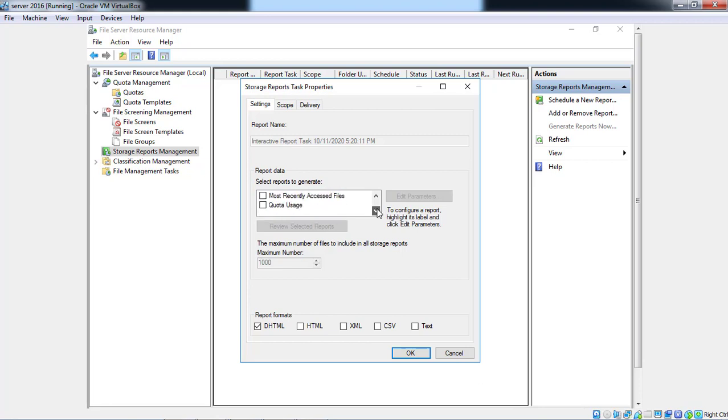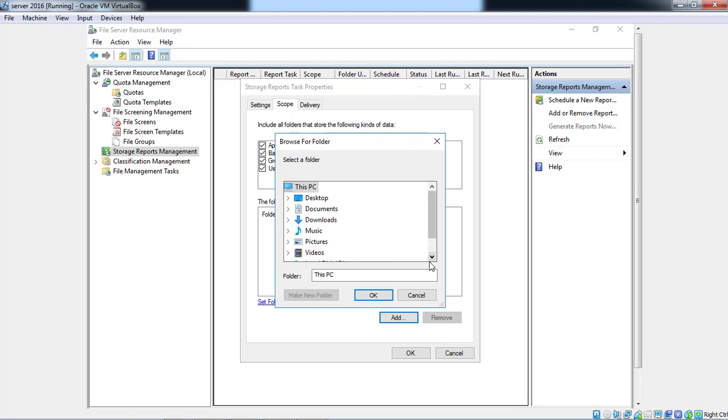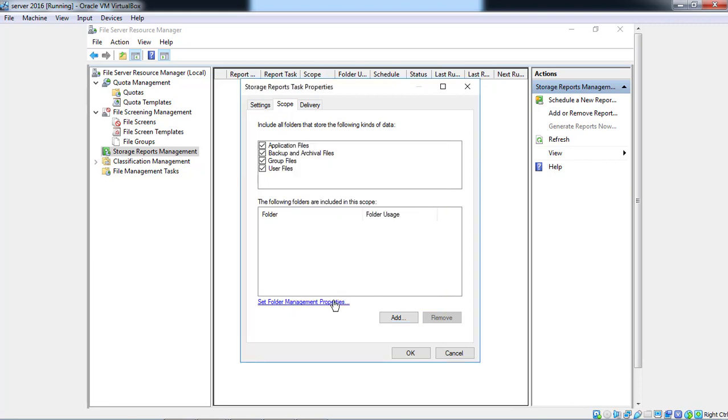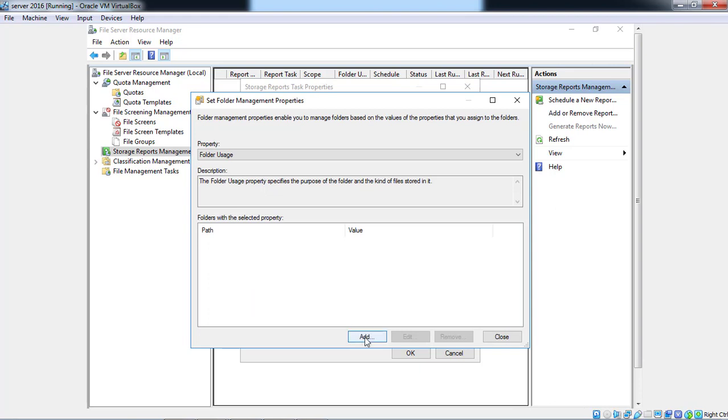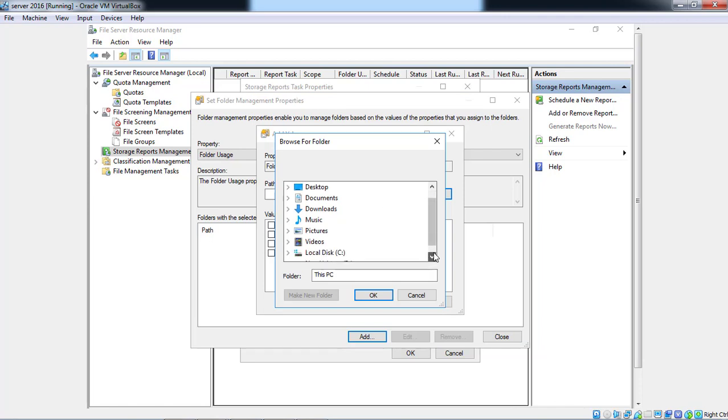You can select different kinds of options here. Right now we are checking the quota usage because we have already performed the quota practical. Select all, now here is the home.